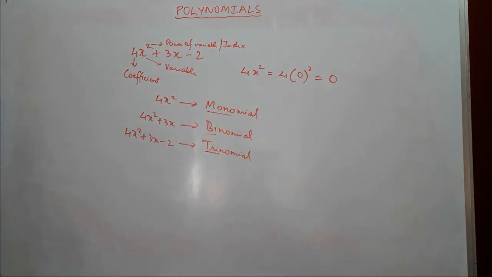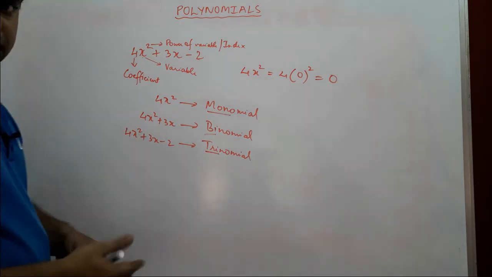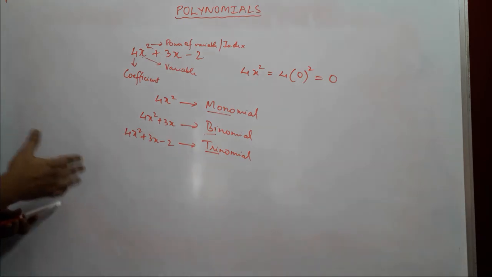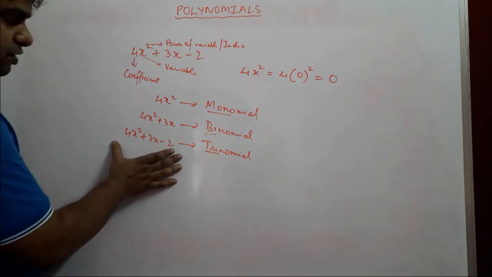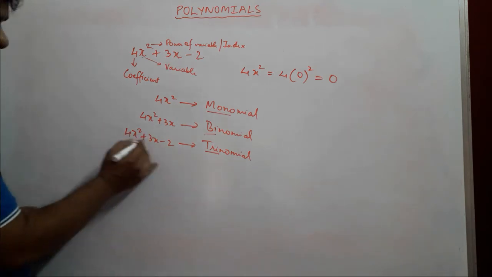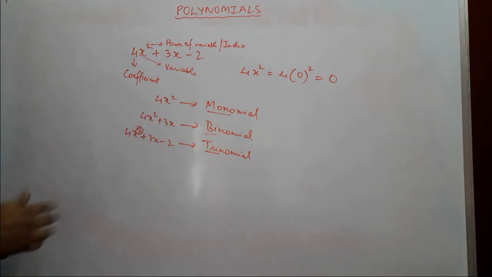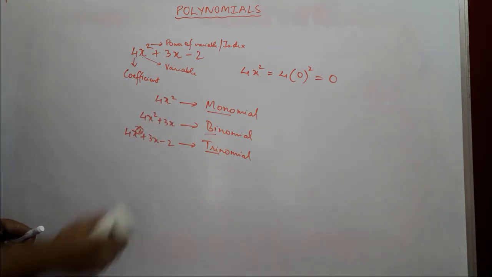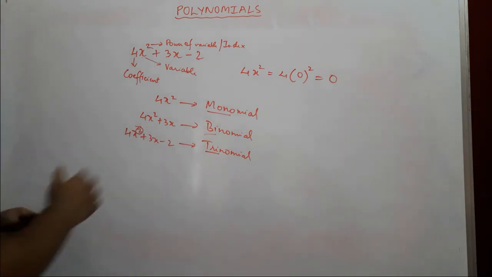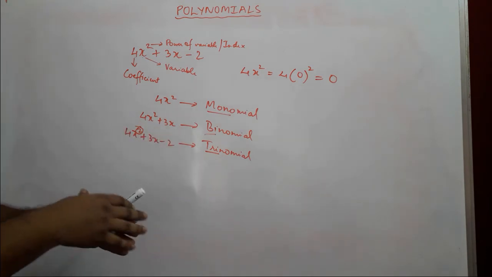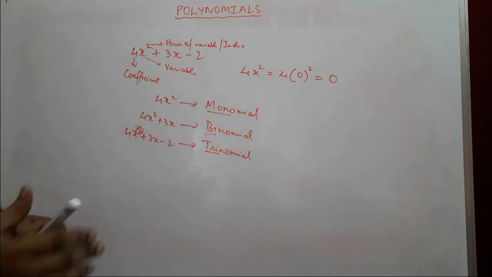Now a few more things that we need to know based on the degree. What is the degree of the polynomial? The degree of the polynomial depends upon the highest degree in it. In this case the highest degree is 2. Again it will be 2 over here, 2 over here. Let's take different examples to understand degrees of polynomials. I'll leave this over here because I do not want you to get confused between monomial, binomial, trinomial based on degree. Monomial does not mean the first degree.